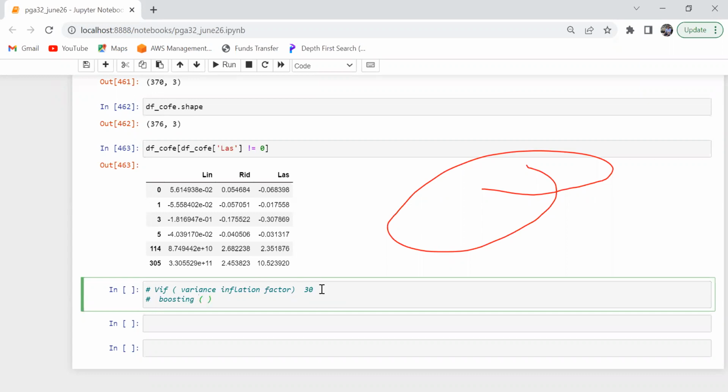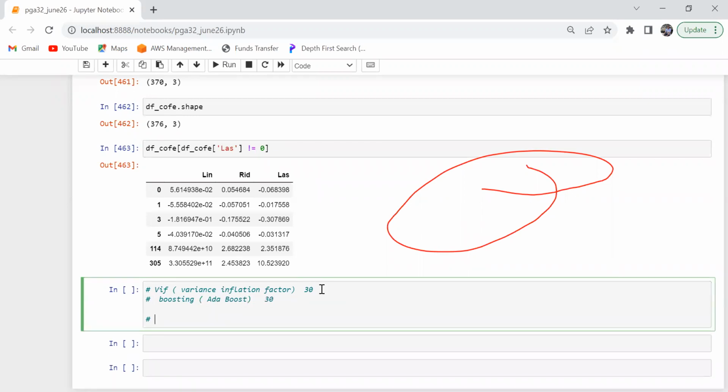In boosting I will tell you AdaBoost. This will take me somewhere around 30 minutes, and then we'll start with our NLP, natural language processing. Okay. Now this would be a very interesting area where we would be working on unstructured data, text data. Okay. So try not to miss tomorrow's class, especially the NLP part, and we'll also see what VIF is.